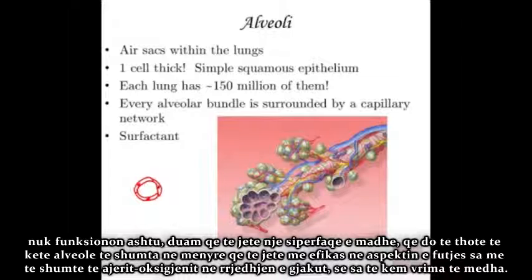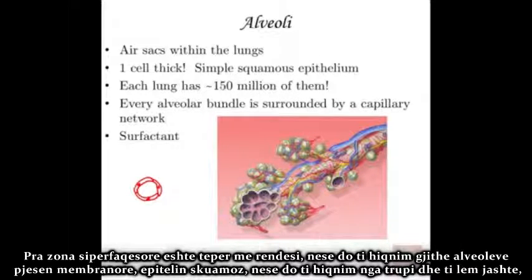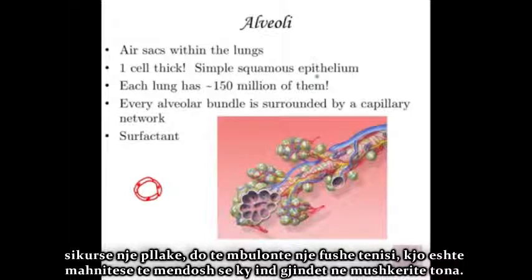You want to have a large surface area, meaning having lots of different tiny bubbles or tiny alveoli is going to make it more efficient in terms of getting a lot of air into your bloodstream rather than having bigger holes. So that surface area is very important. I've read that, this is an approximation, if you take all the alveolar membranes, the simple squamous epithelium, and lay them out like little tiles, it would cover a tennis court. That's amazing to think about, that tissue is in your lungs.